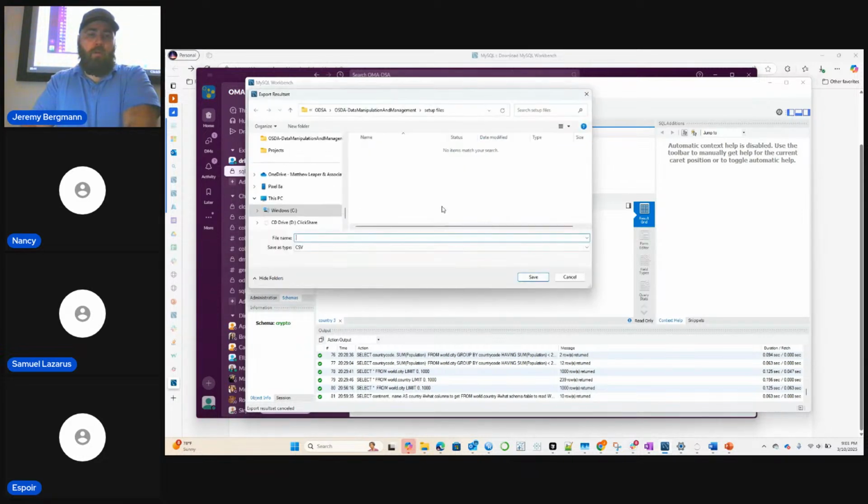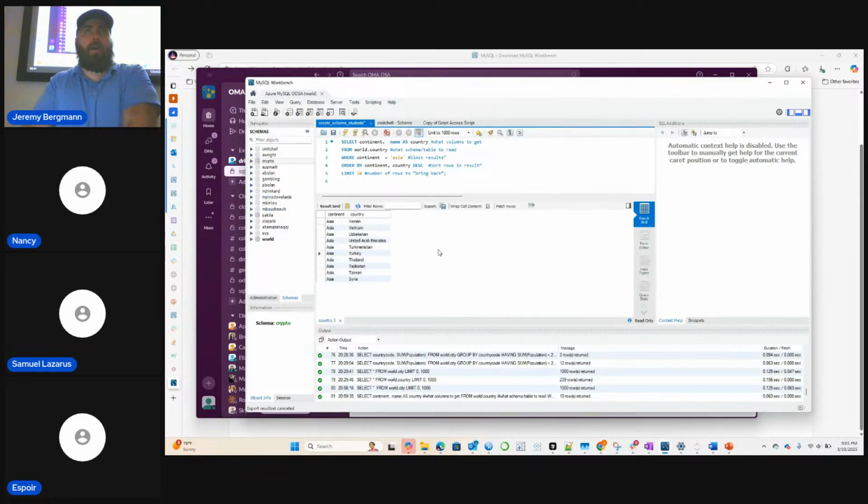Export. If it's a big file, I do it in CSV. CSV is a pretty standard format for Python or Tableau or whatever to read. I might export it to CSV and import it into Tableau or Power BI. Or if I have a running data set, like for my client, it's like 2 million records and they don't have a database, so I store it all in a running CSV file.